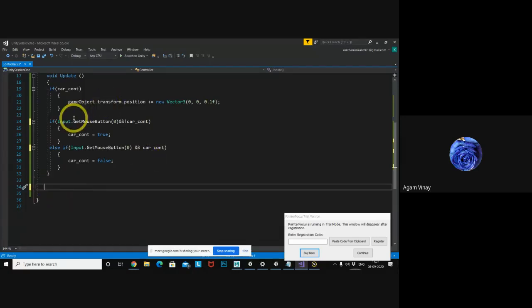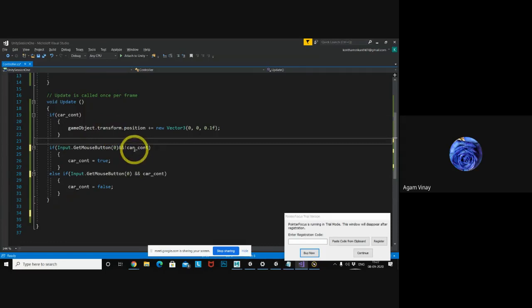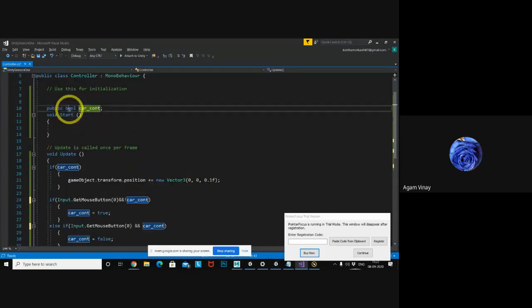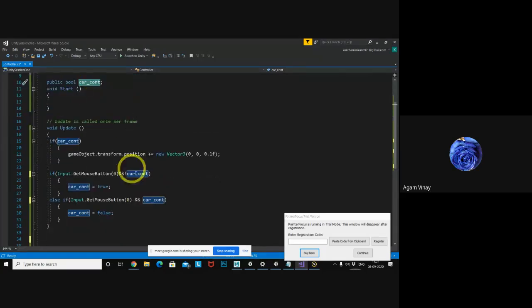Okay. So here at first, my car controller value is what? Public. I just declare it; I am not assigning any value, so by default it is false. So it is true, this is also true, so the first time it will execute here. Whenever it is true, it will execute in here. So it is automatically performed. It will continuously check whether he has clicked or not. Whenever he has clicked, the control should be false. Just check. The simple logic.